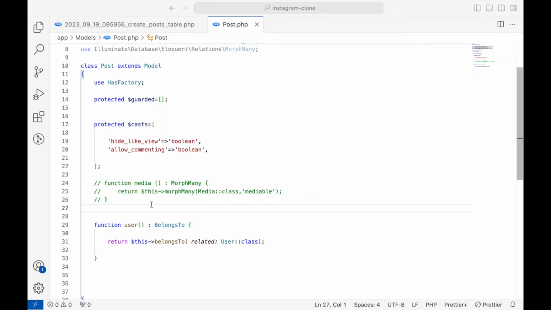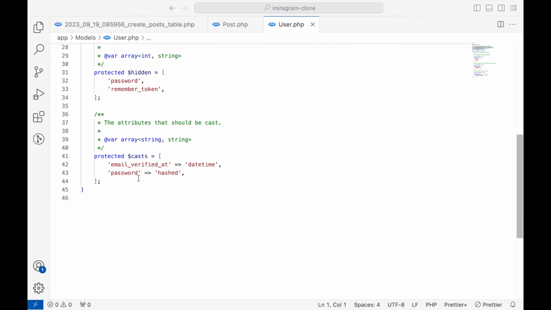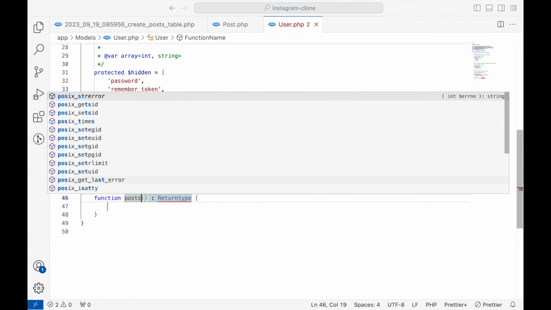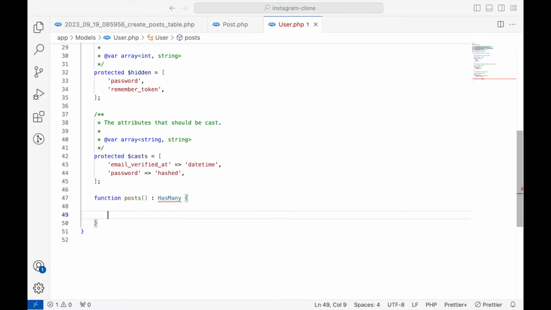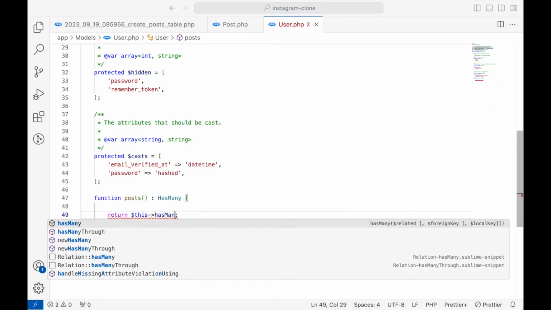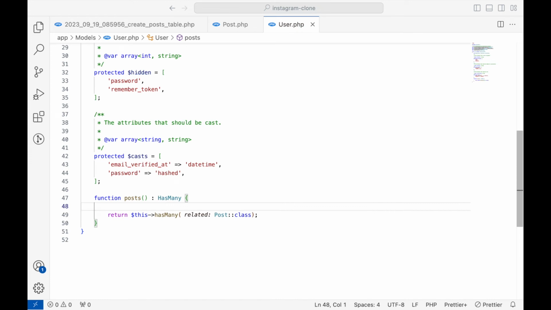After adding this in our Post model, since we've added belongsTo a user, let's also add a reverse relationship in our User model. So let's open the User model and add something like posts. Here we can say hasMany, because a user can have many posts. Return this hasMany Post class. One last thing for this video,